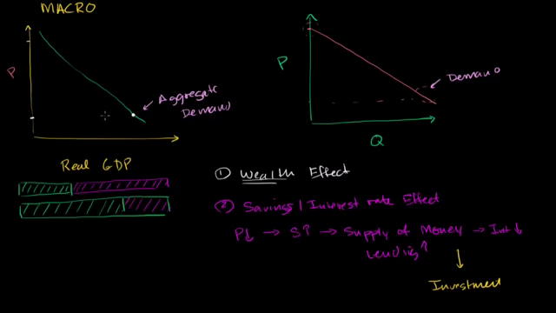You would have more goods and services being produced. And likewise, if you went the other way, if prices went up, so this is a situation where prices went down. If prices went up, now all of a sudden people have to spend more of their money